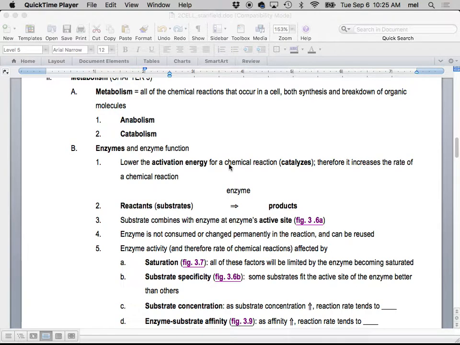So we talked about metabolism being composed of anabolism and catabolism, and we're going to see examples of probably only one of those today. Later on in the semester, we'll see examples of a couple of them. Actually, we'll see both today. Okay, so before we actually get into all of cellular respiration, we're going to